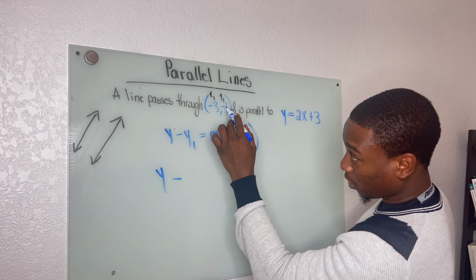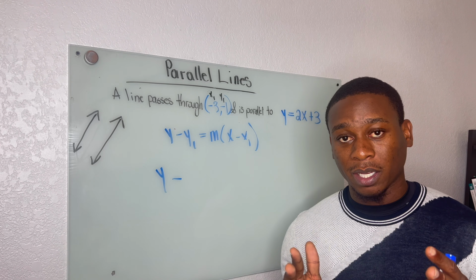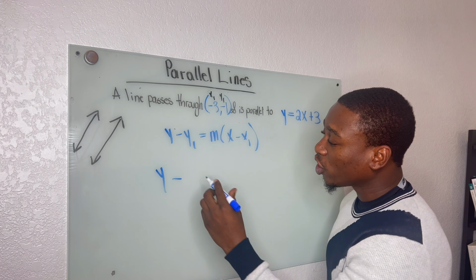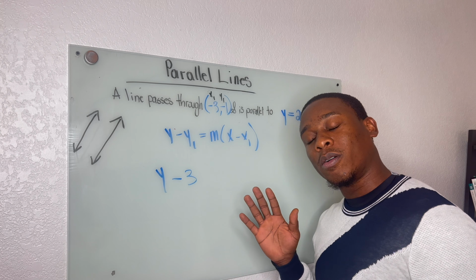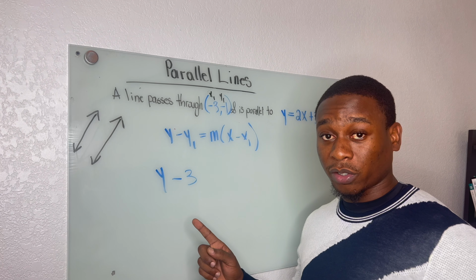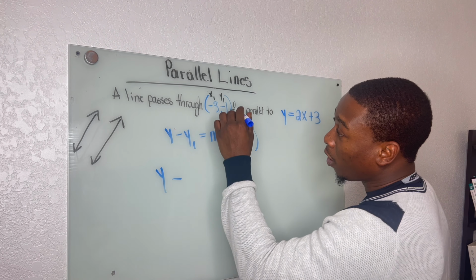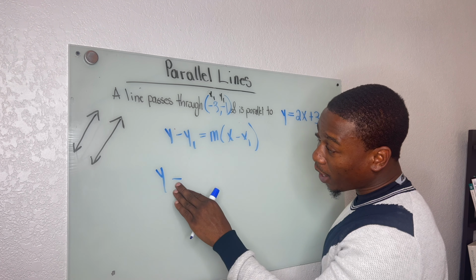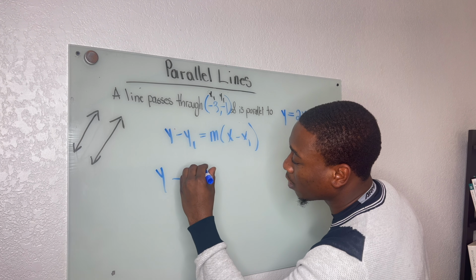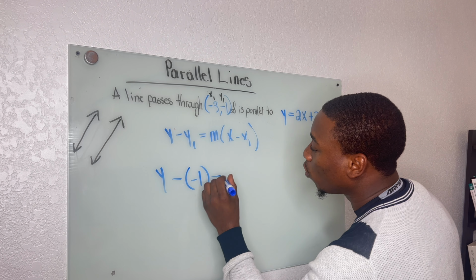So y minus -1. So whoa. This is where everyone makes the mistake. They think because there is a subtraction sign here that they're just supposed to put y minus 3, but oh man, guys, I'm sorry to say that this would give us the wrong answer. So what I want you to make sure that you do is to include that sign. If we're subtracting already from the formula and the number's negative, put it in parentheses, because this is how it should be. This is the correct setup. And now this is equal to